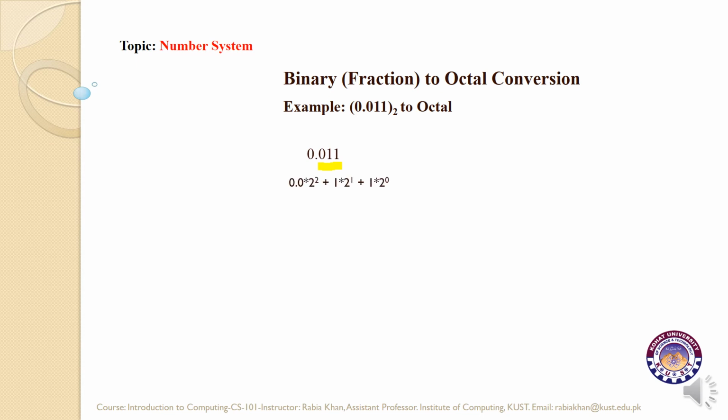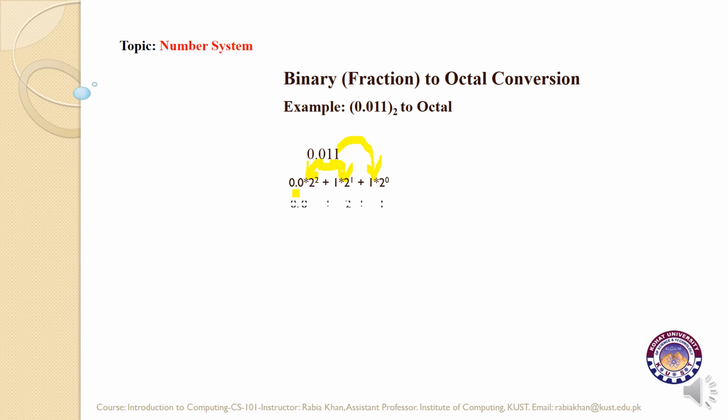And then we need to multiply every bit of this group with a power of 2. The power of 2 starts from 0. The multiplication process starts from right to left. The grouping starts from left to right, while the multiplication or the powers start from right to left. So the first bit is 1, multiplied by 2 to the power 0. Next bit is 1, multiplied by 2 to the power 1, and the last bit is 0, multiplied by 2 to the power 2. The point stays at its place here, as you can see.